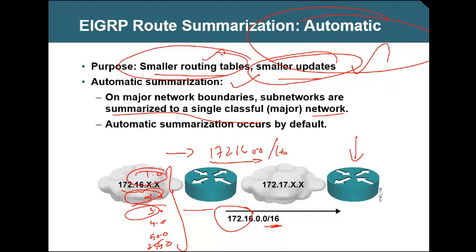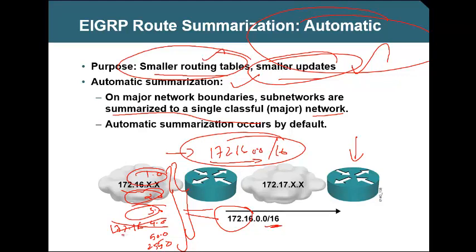So this is a very big advantage actually. Not only that, this is not the only advantage. If this network, let's say 172.16.4.0, goes down, because we have summarized all these networks as this,